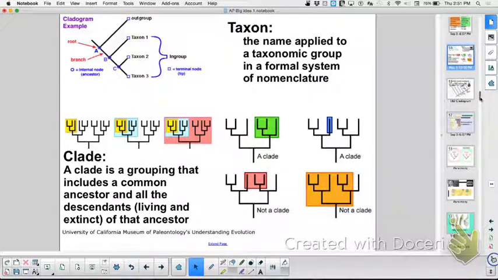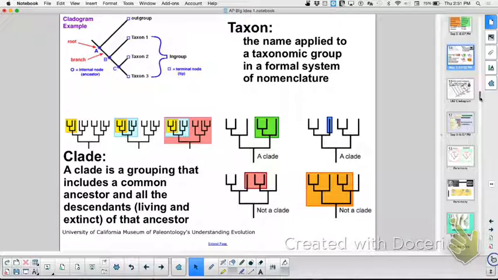A clade is a grouping that includes a common ancestor and multiple descendants. Can you tell me why this is not a clade? Two different groups, so we're not going to pull them out like this. And this is not a clade because we're not including him. It has to be along a line. That ancestor and all the derived characteristics are in a clade. You can't jump around with your stuff. Could it be the whole thing? It could be the whole thing. You could call this a clade, right? But you can't leave those out.